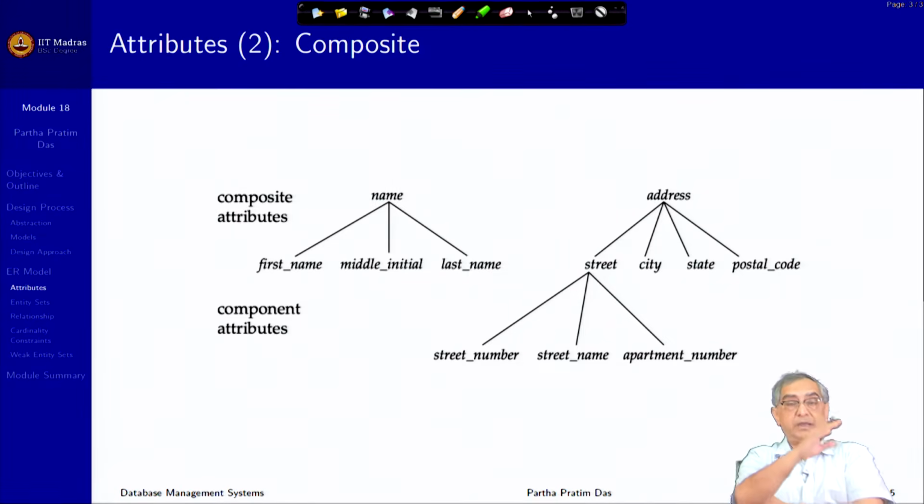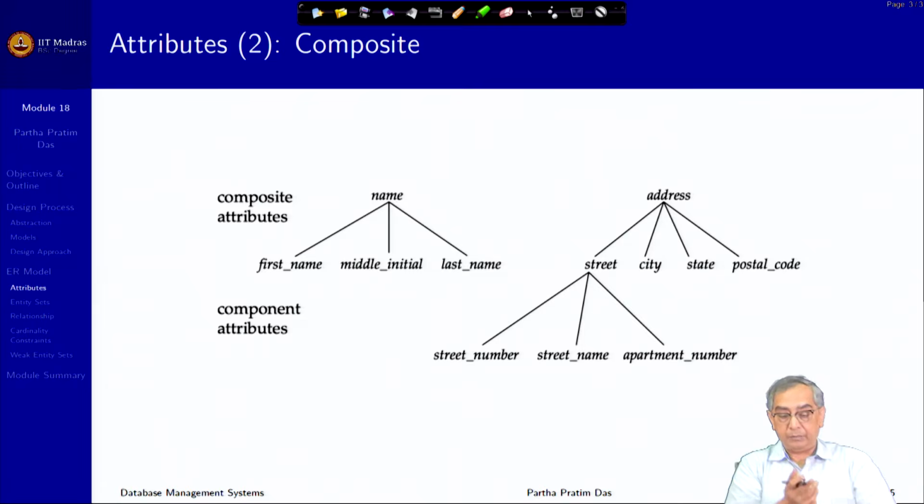For example, you can say that the middle name is not of consequence in identification, just the first name and last name will matter, but the fact is that it is not one simple entity which describes the